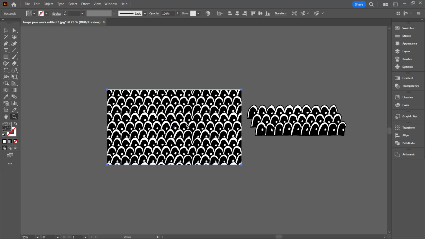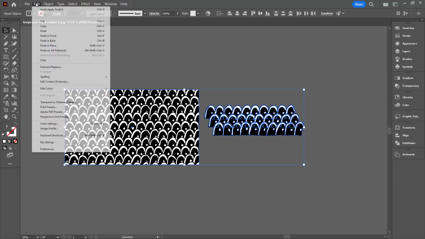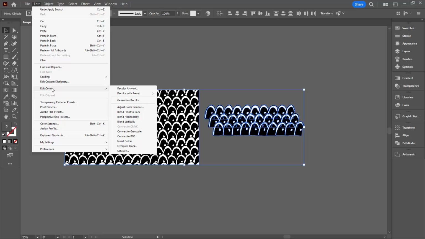You can see that right now I've got just this rectangle selected. I'd like to be able to recolor these later on too, so let's just go and select everything. And I'll come up here and go to Edit and Edit Colors. So anytime you bring a black and white element into Illustrator and trace it and cannot color it, you're going to do this. You're going to go to Edit, Edit Colors, and then you're going to choose whichever of these